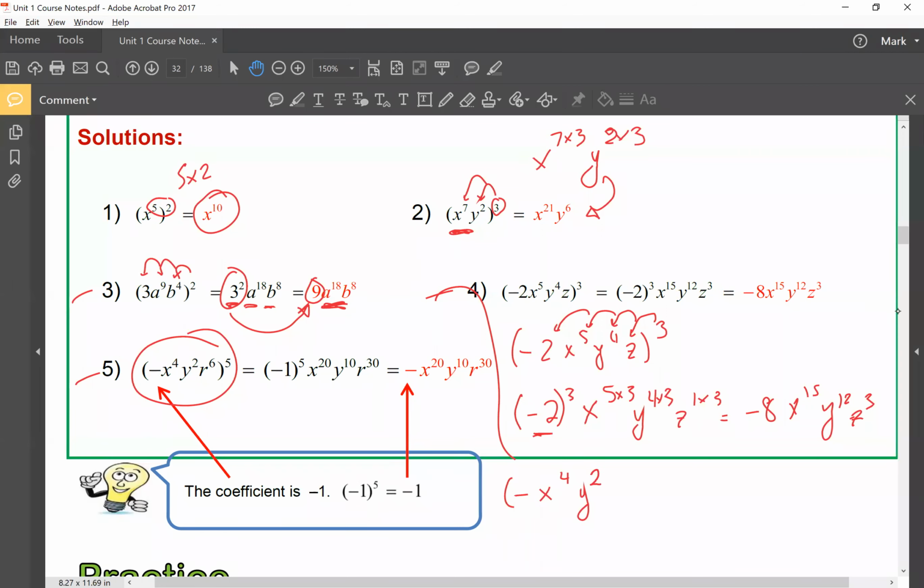Y squared R6. I don't know why we're using R, but why not? So this gets simplified as -x. Now remember, if there's nothing in front, like a -x, it's actually a -1x. If you don't see a coefficient, there's a 1 there. So this is -1x to the power of,